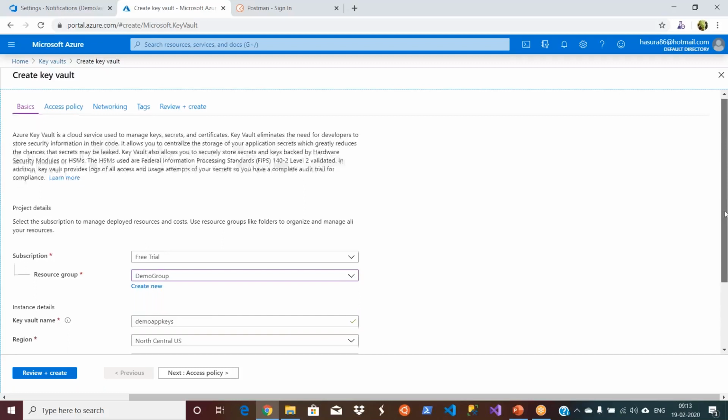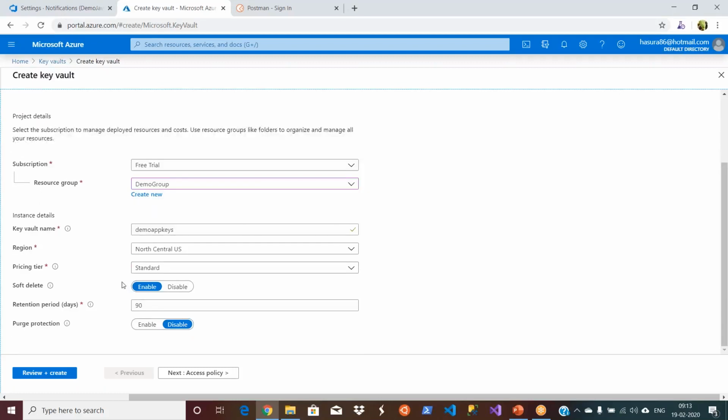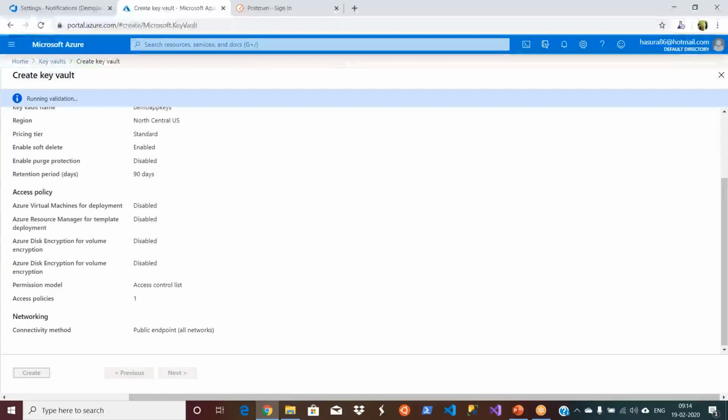and then do all these settings as standard. Retention: how many days your keys should be kept. There are some companies where, let us say, the password should expire every 30 days or 90 days, even for the applications, because of security. You can mention that retention period as well, and then you say review and create. I did not talk about the access list and everything.